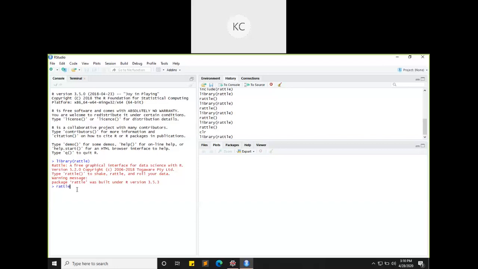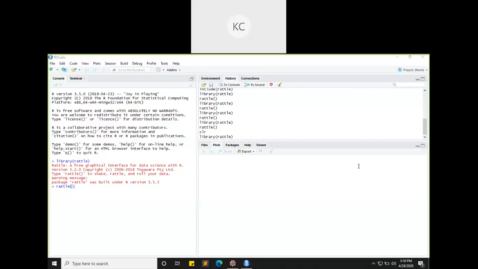And then you have to give Rattle. You can kindly copy these steps so as to download and install. Whenever you run a new command, it will tell you that this particular package is not available and you have to download it. If you are running it for the first time, it may ask you to install many packages for visualization and all. When you are doing it the second or third time, it is not an issue, it will not ask anything. So first I'm just calling the library.